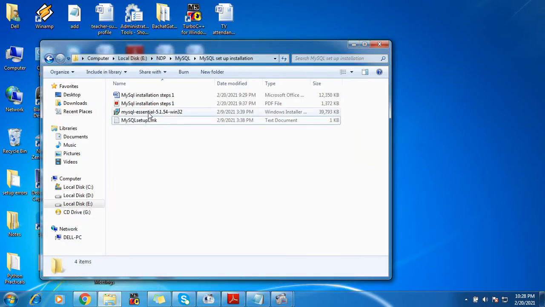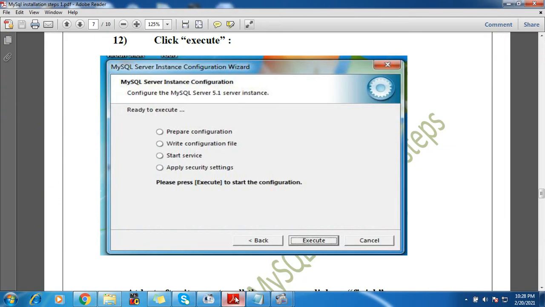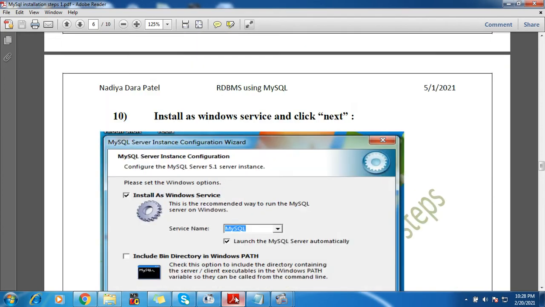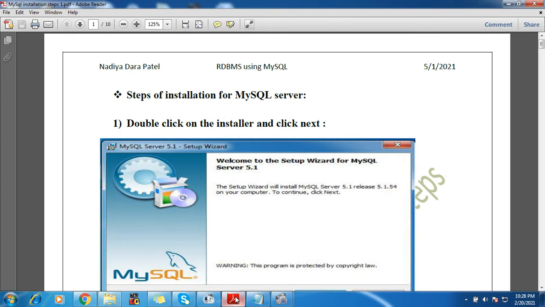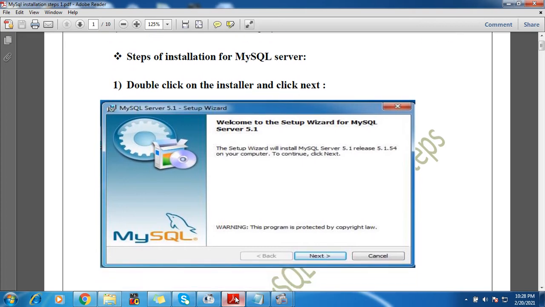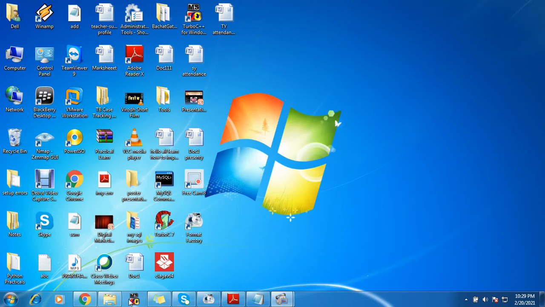This is the installation setup which I have downloaded, and now let us go through the installation steps, which are again very easy. Capturing this in a video was a bit difficult, so what I have done is I have gathered the screenshots so that it becomes easy for me to explain and easy for you to understand. Now one more thing: sometimes antivirus doesn't allow new installations. So while installing, do one thing.